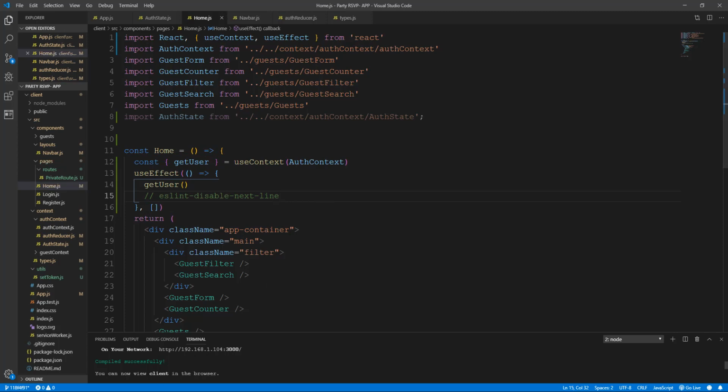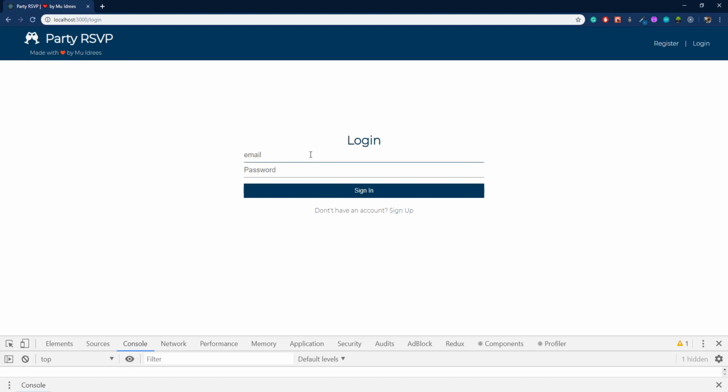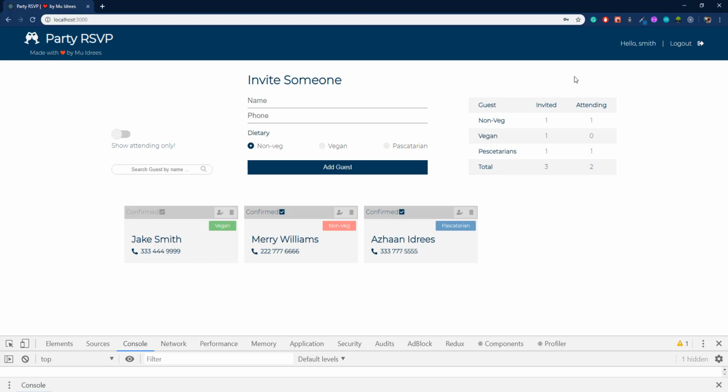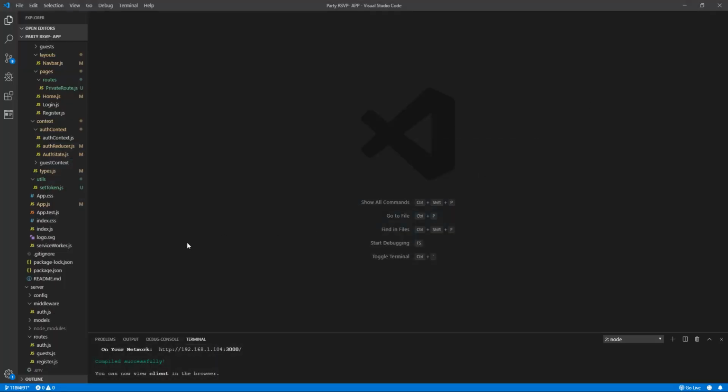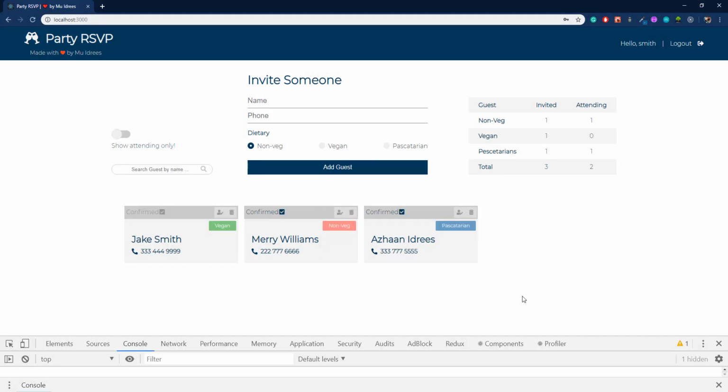Okay, so now let's just test it again. So smith@gmail.com 1 2 3 4 5 6, and if we log in, alright, so now we can get the name. Okay, so apparently we are logged in as this Smith user. Now the next part is to get the users, whoever logged in, that user's guests into our application instead of